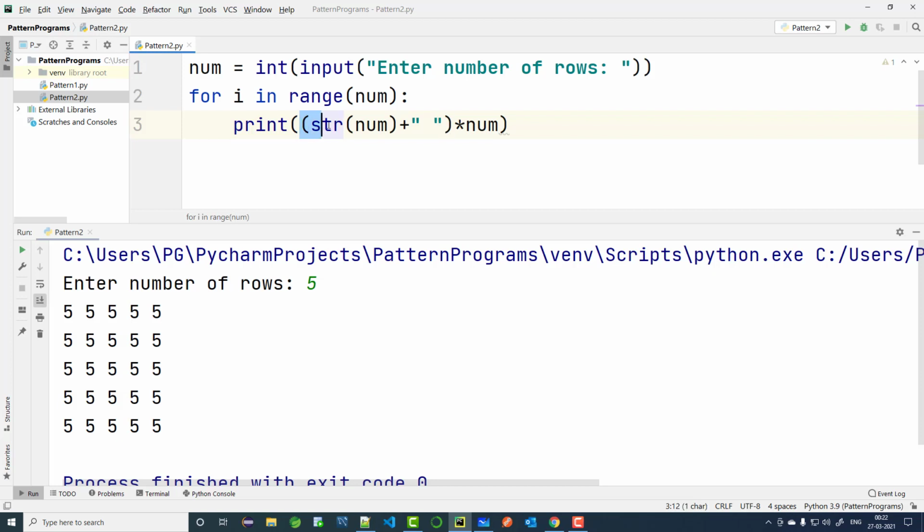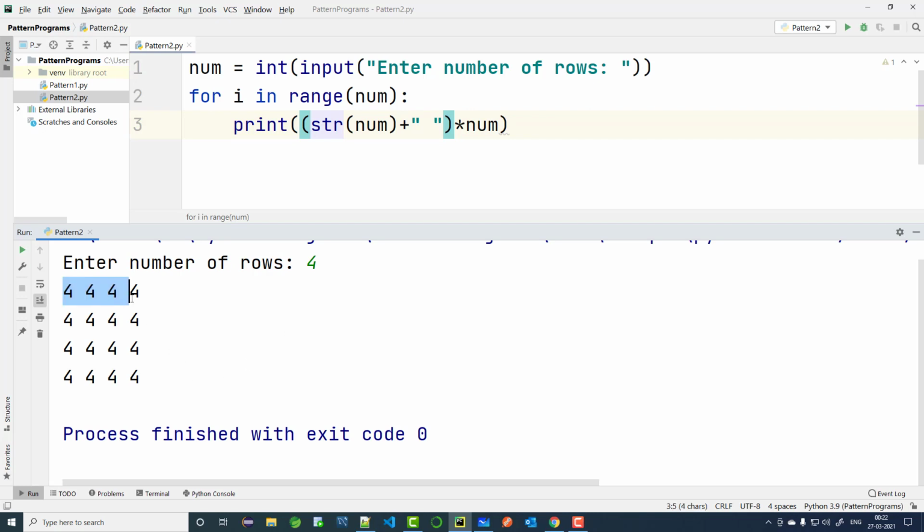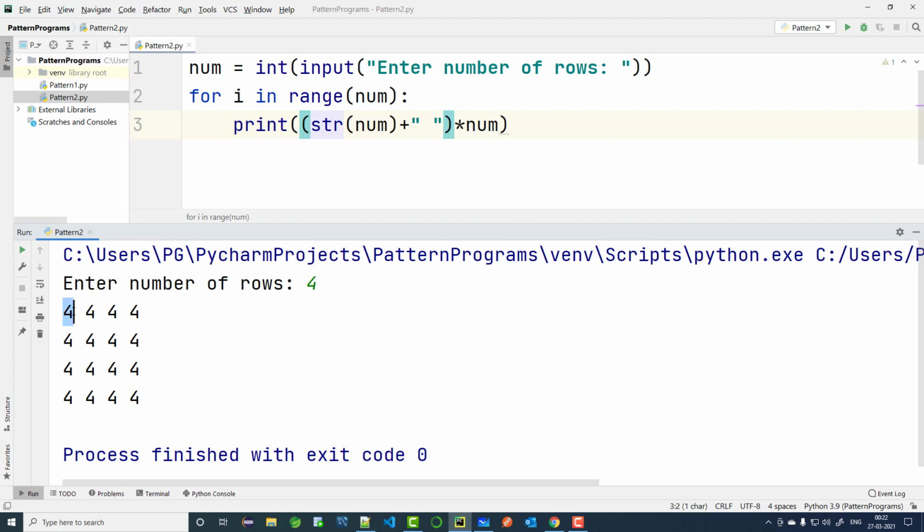So this is getting repeated 5 times. This multiplication is nothing but the repetition operator in Python. So it will get repeated that many times. Let us rerun again for the final time. Enter 4. We have this 4 coming 4 times, right? So 4 rows and 4 columns with the value 4.